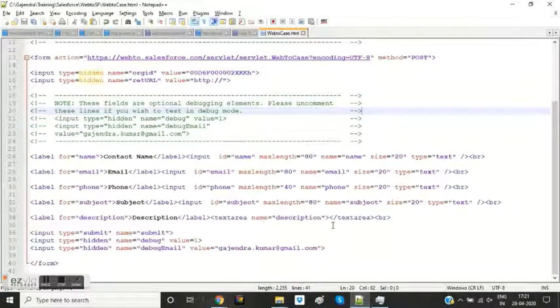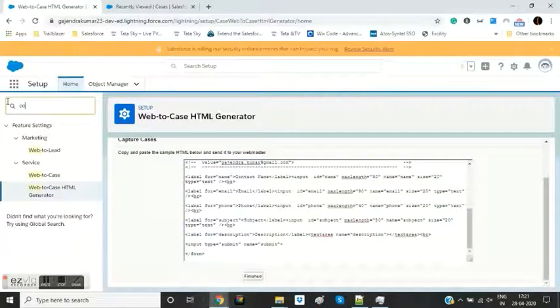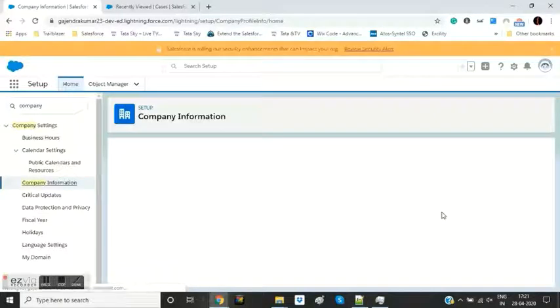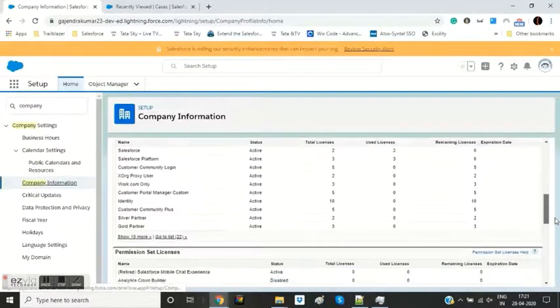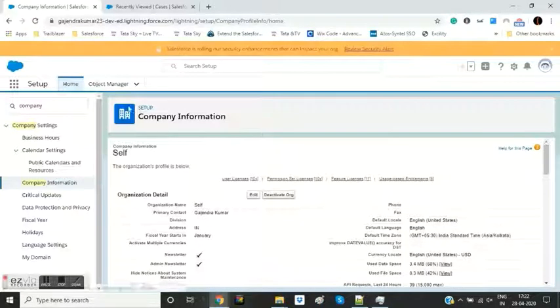If we want to change it, or if this tag is not available automatically, we can go to setup and company information, and then on the right side we can see our organization ID. So when we generate the HTML code, Salesforce automatically picks up this organization ID and puts it in our HTML code.